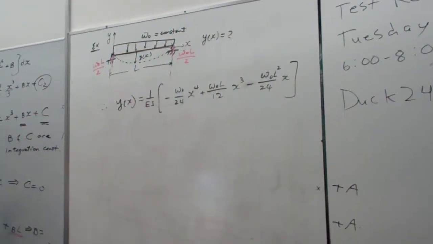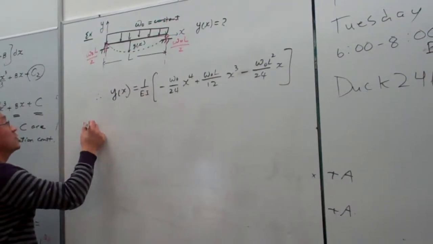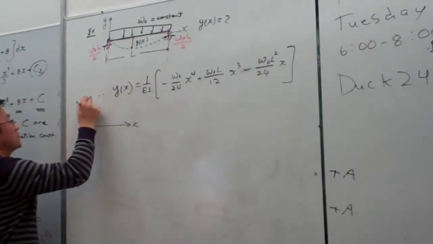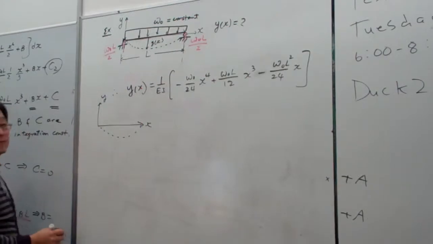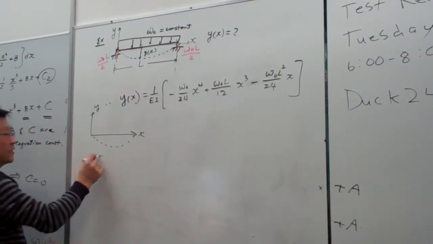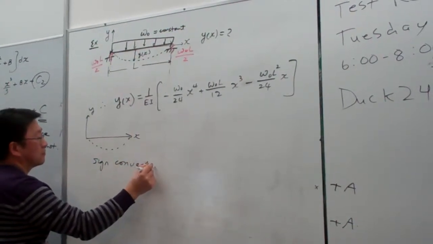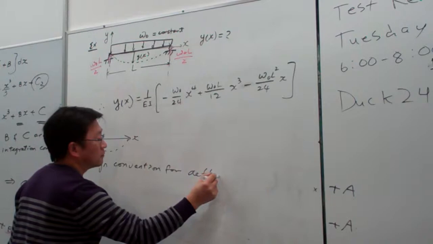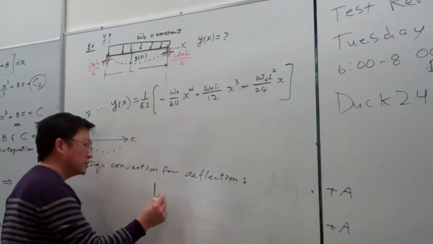The sign convention is this. You can see this is our coordinate system here. And for this case, this is our diffraction. So here for sign convention, for diffraction